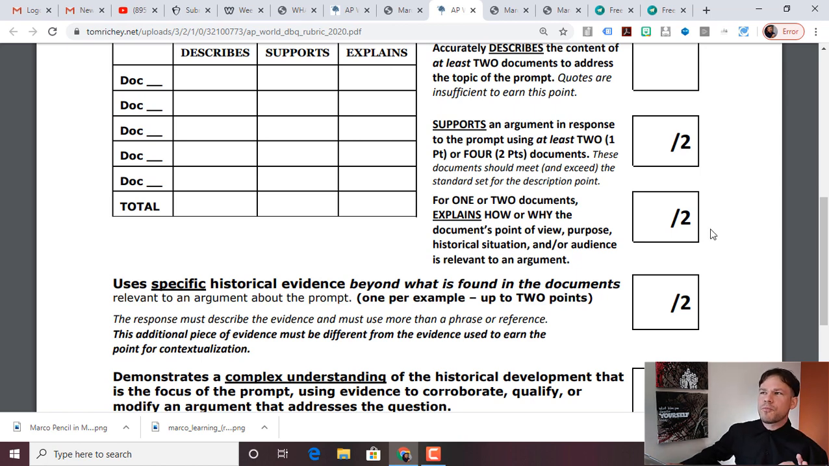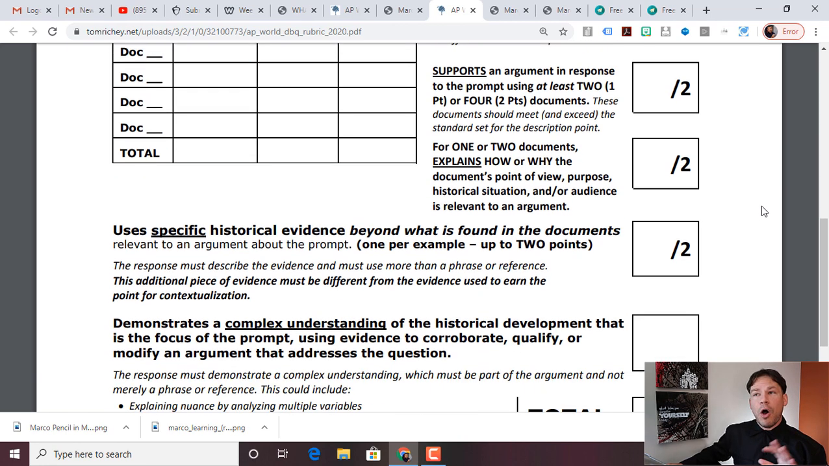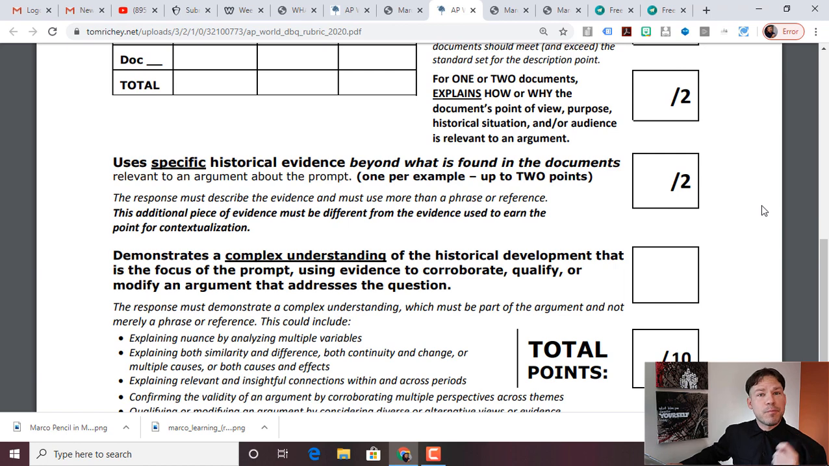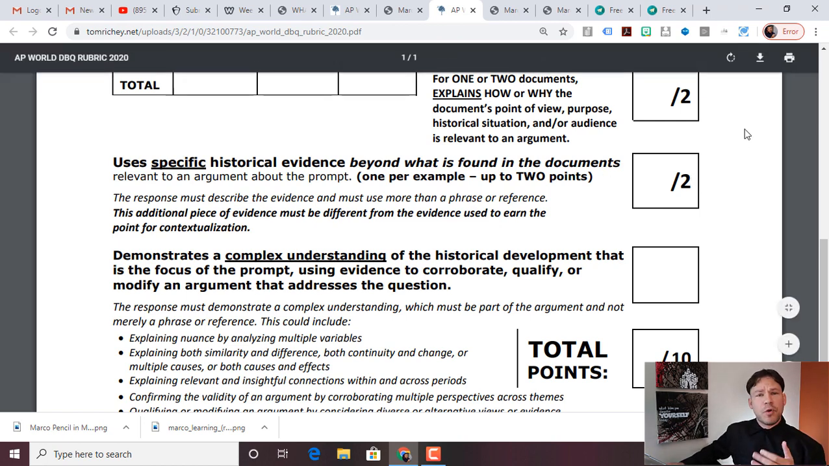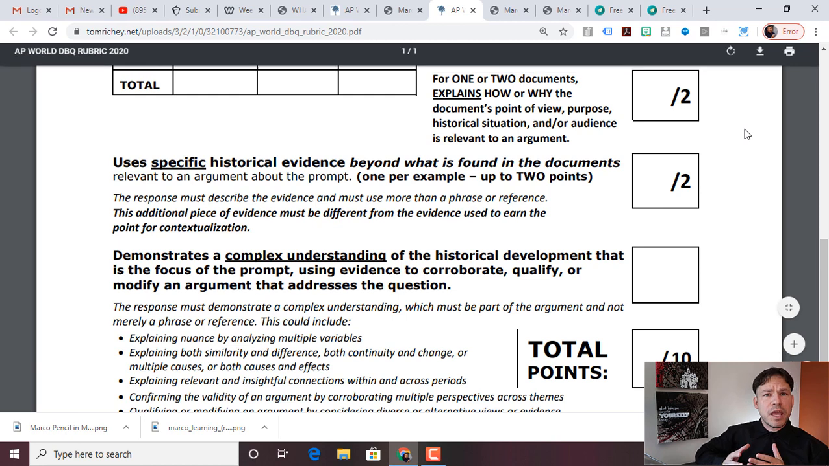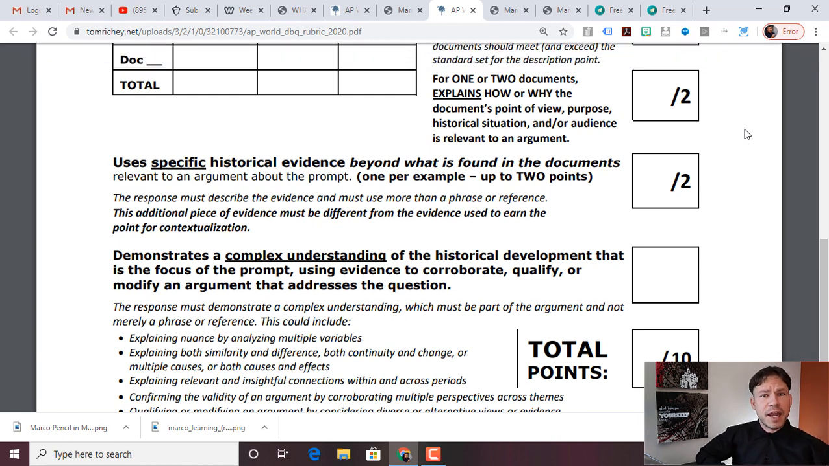Okay, so this is where the game really changes, because now we've got 2 out of 10 points. That's 1 out of 5 rather than just 1 out of 7, and you're getting credit for every one of them that you use. Now also we see uses specific historical evidence beyond the documents. Now we've got not just 1 point, but up to 2 points. So 4 out of the 10 points are based on you interpreting documents and bringing in your own outside evidence,